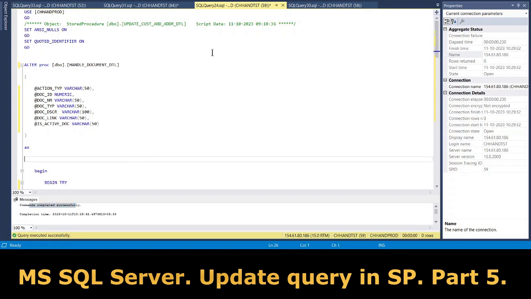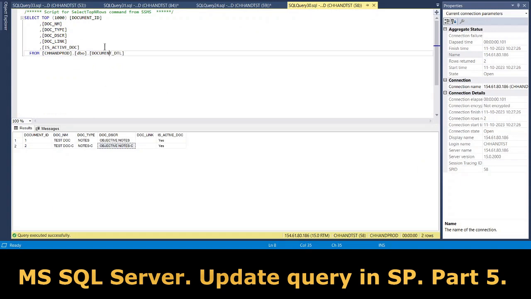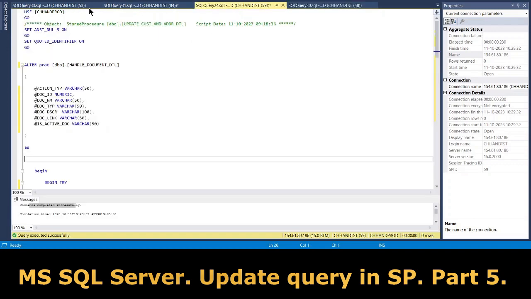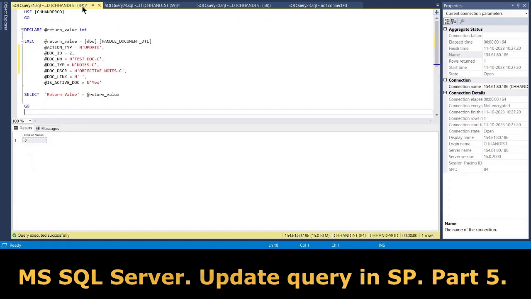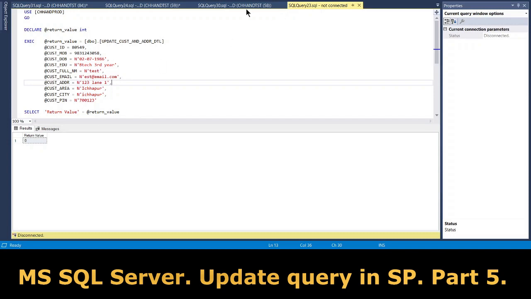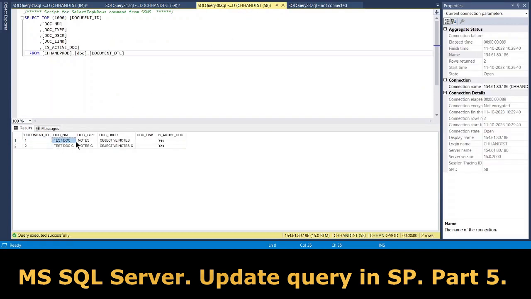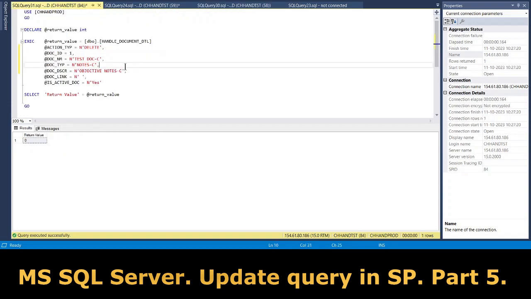Okay, now let me show you. I had two data, document 1 and document 2. Now I want to delete one data. Then what will be my change in this? I have to just give a delete statement. Action type delete. And which document do I want to delete? Suppose I want to delete document ID 1, means the first document, the stage doc. Then what I have to do is I have to just